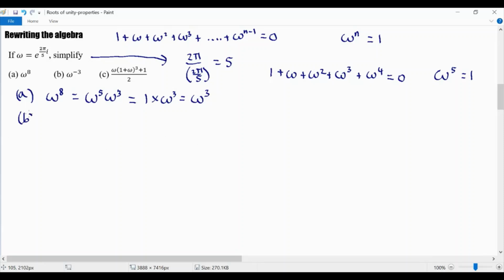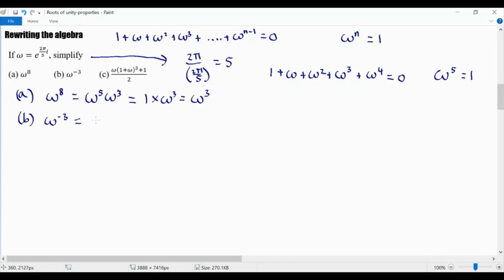Part B, are we now looking at omega to the power of minus 3? That could also be rewritten in a nicer way, just because we generally don't like minus powers if we can avoid them. There's nothing dreadfully wrong with them, but if we can avoid them, a nice small positive power would be better. So to do this one, well, we know omega to the power of 5 is 1, and we know